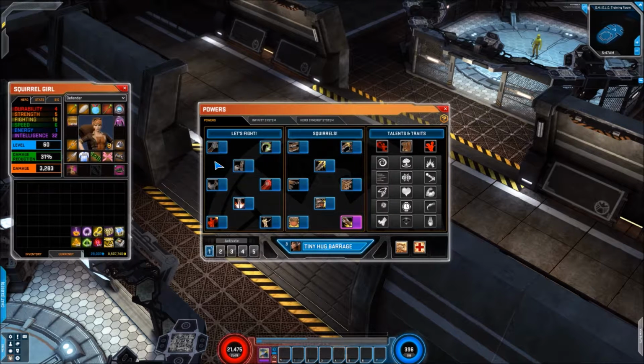For this test centre video I'll be having a look at Squirrel Girl. This has been requested by Dragon and Tiger on the official forums. Now, having a quick look over her kit, it looks like she's got quite a few changes in her actual